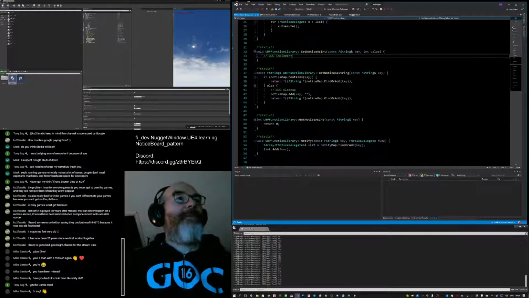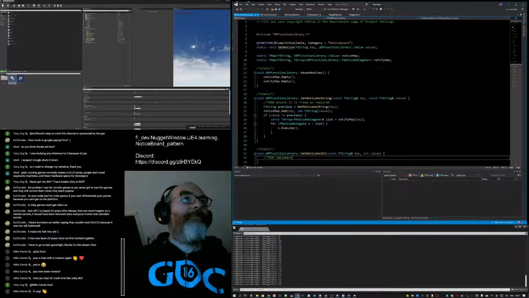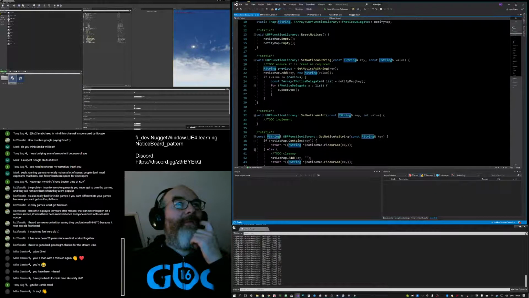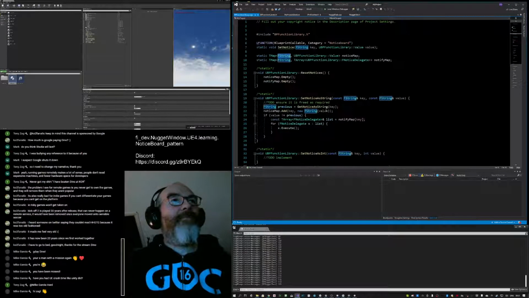And as you can see, in the end, it's not many lines of code. I mean, it's hardly anything. It's a pittance. I just use two maps: a notice map and a notify map. The notice map maps a key to a value. Got the ability to use different types of values because I'm using a void pointer.